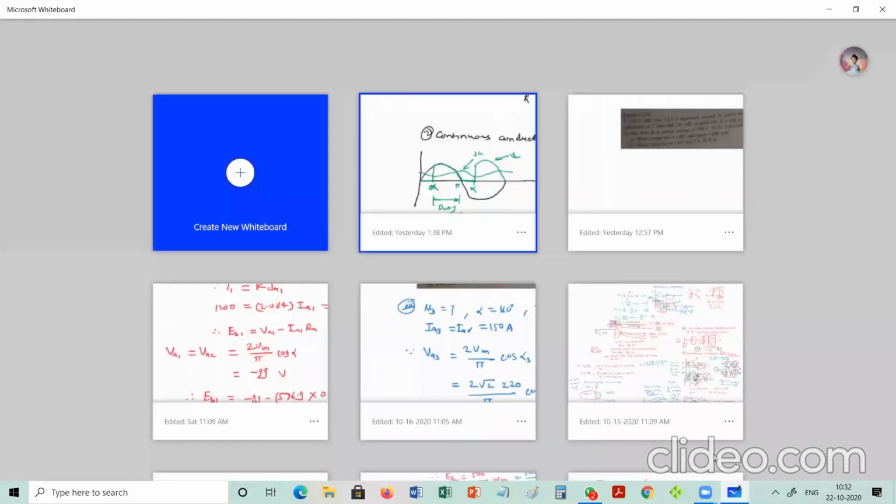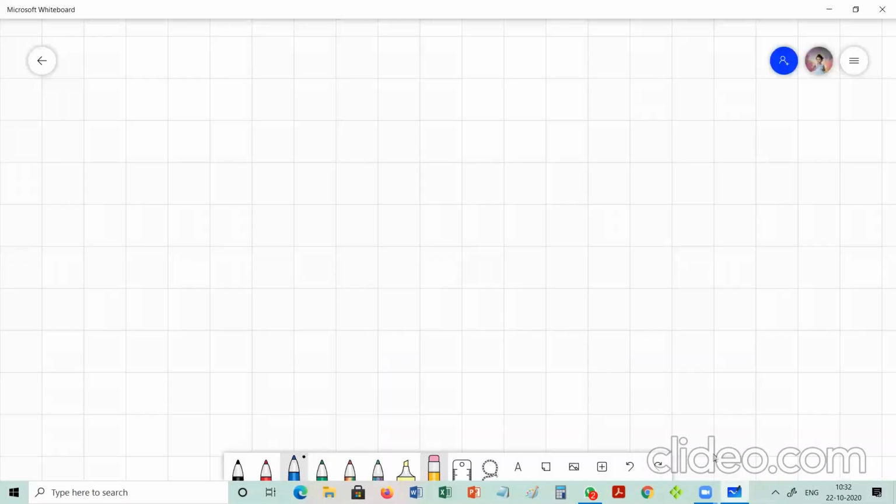So in the last lecture, we have seen the operation of the single phase half controlled rectifier fed DC separately excited motor drive. We have seen the operation in continuous as well as in discontinuous mode of conduction. We have derived the equation of critical speed. If the actual speed is above the critical speed, then it is a discontinuous mode of conduction, and if it is lower than the critical speed, then it is a continuous mode of conduction.